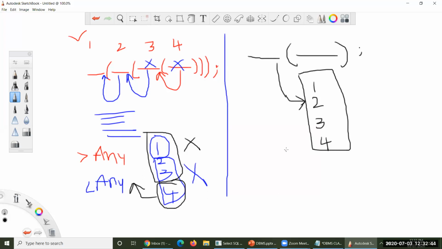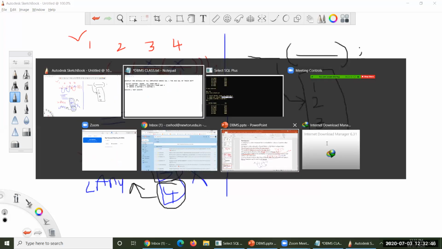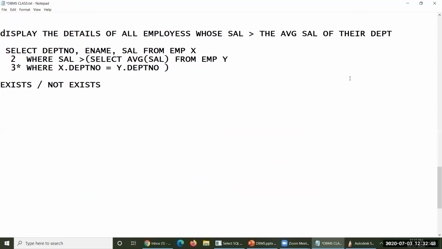So how does EXISTS get operated here, in the sense of how it is taken into consideration? Select column 1, comma, column 2, and so on, from table name, where. It must also be operated in WHERE only, but it doesn't take any kind of operands. I mean, two operands cannot be taken. It is a unary kind of operator here: WHERE EXISTS subquery,